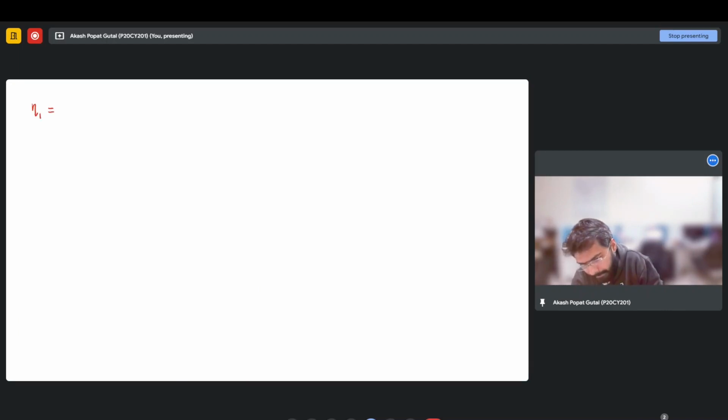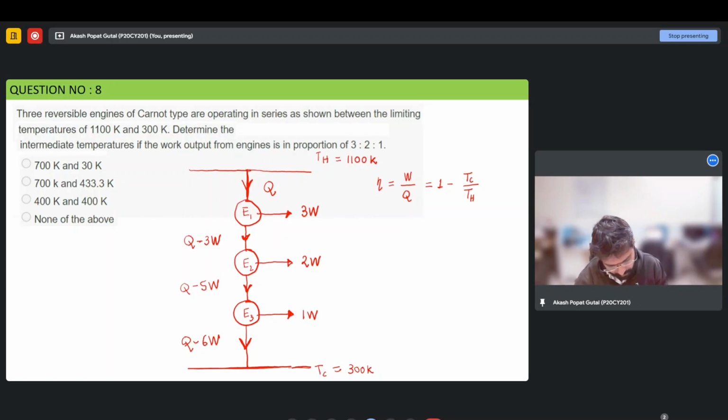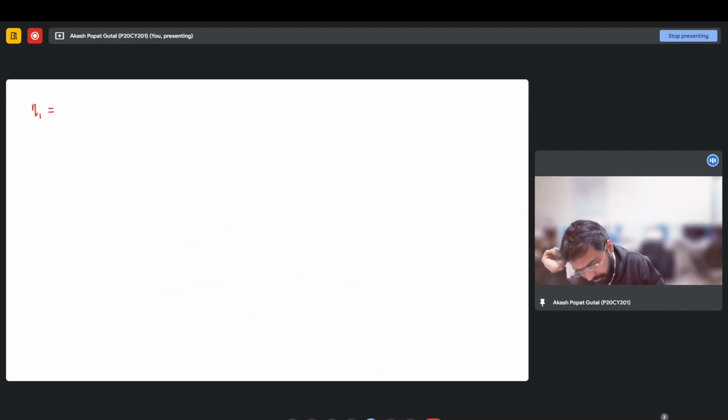Eta 1 will be, let's say the temperature of the hypothetical reservoir between E1 and E2 is T1, and between E2 and E3 is T2. That will be better. So eta in terms of temperature, we can write as 1 minus, for the first engine,